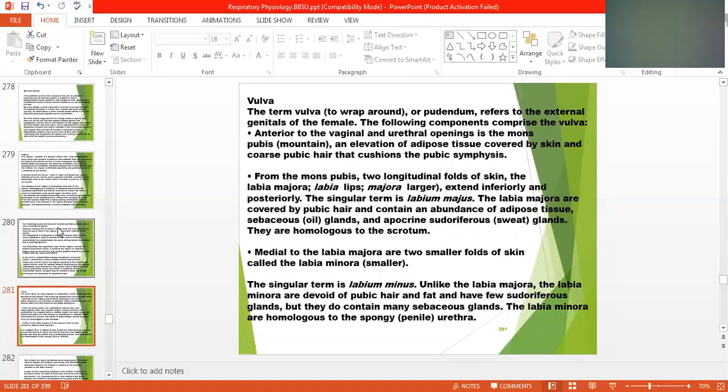Vulva. The other part is known as the vulva. The term vulva, meaning to wrap around, refers to the external genitalia of the female. The following components comprise the vulva. Anterior to the vagina and urethral orifice is the mons pubis, an elevation of adipose tissue covered by skin and pubic hair that cushions the pubic symphysis. From the mons pubis, two longitudinal folds of the skin,